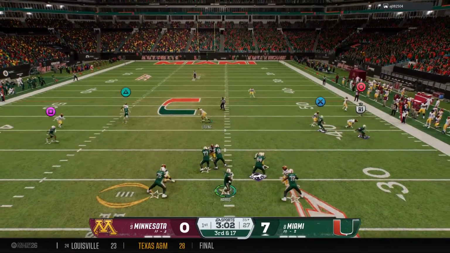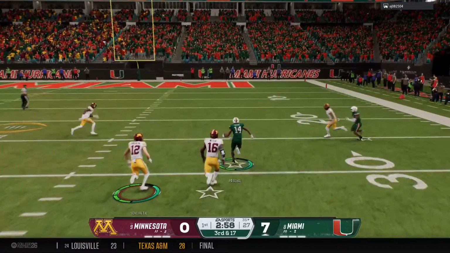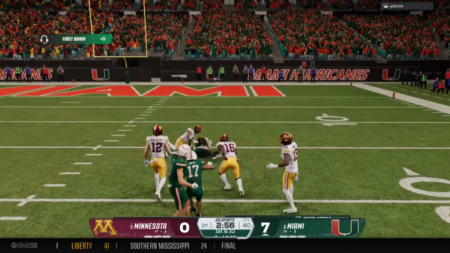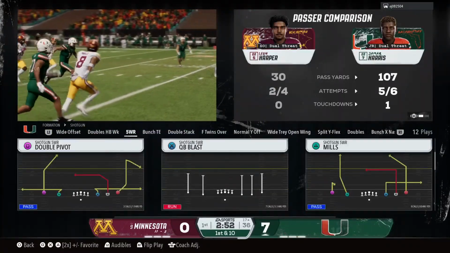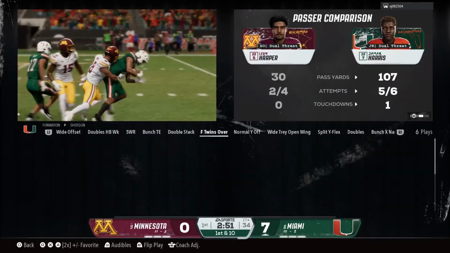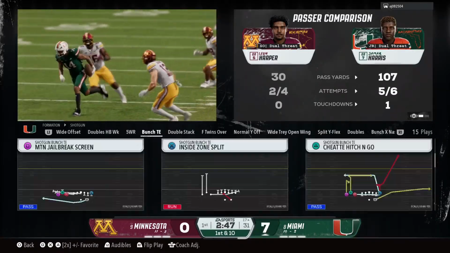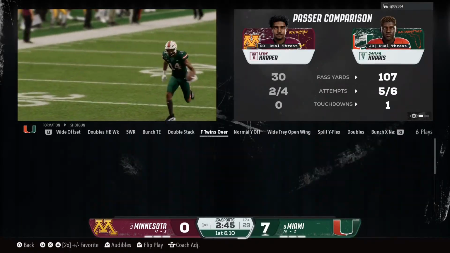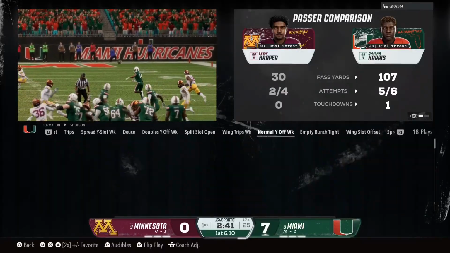Now in third and very long, looking to throw. Lets it fly to the wideout. Wide open downfield. Finally tackled down at the 17-yard line. Now this offense in great scoring position. Well, this is why this guy's one of the top wide receivers in college football. It's third down. The defense knows you're probably going to go to him, and they still can't stop him from coming down with a big play.